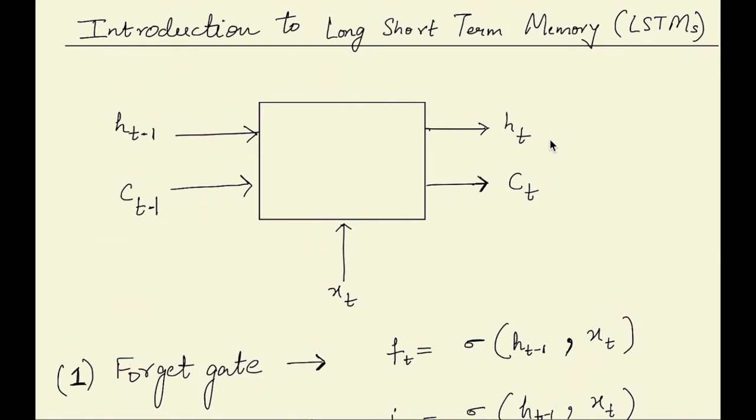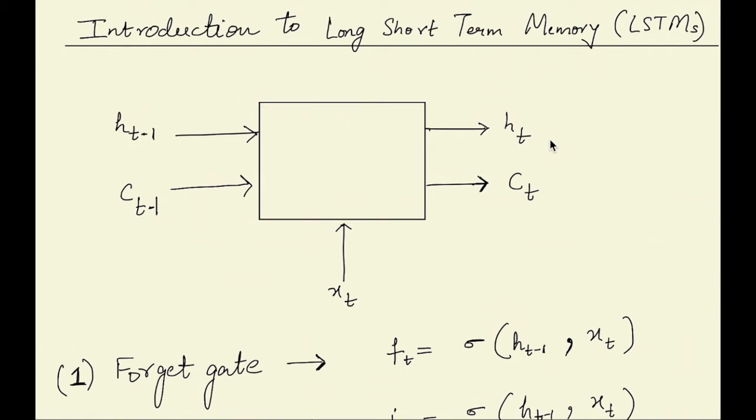In this video, I am going to discuss long short-term memory, popularly known as LSTMs. I am assuming that you already know what RNNs are. So basically, in RNNs, at every time step, we have an input xt, and then we have a previous hidden state ht-1, and using that we generate the new hidden state ht. So this is the case for simple RNNs, but